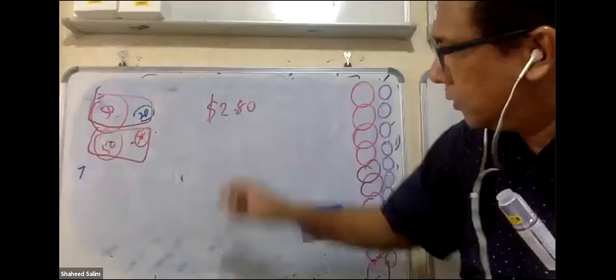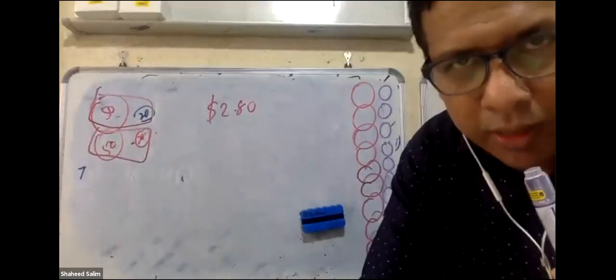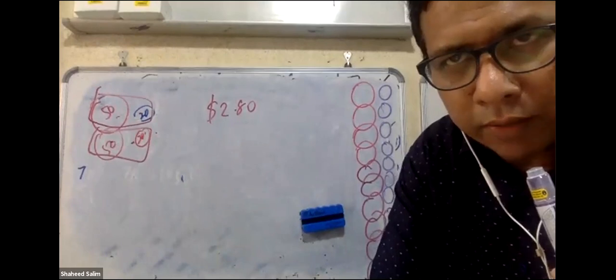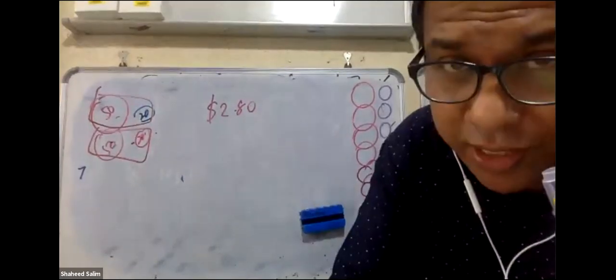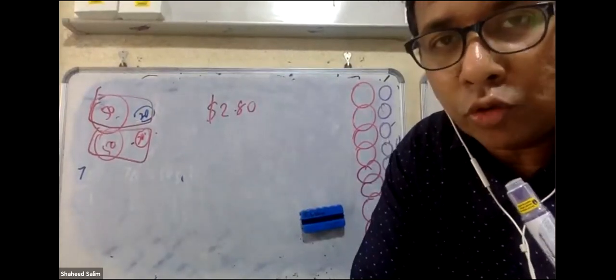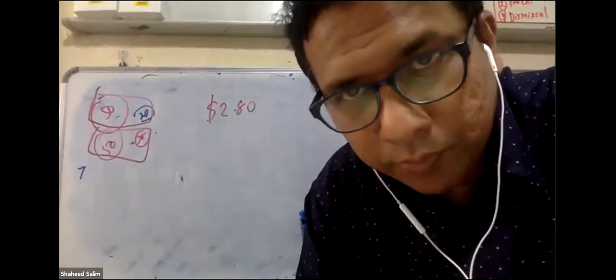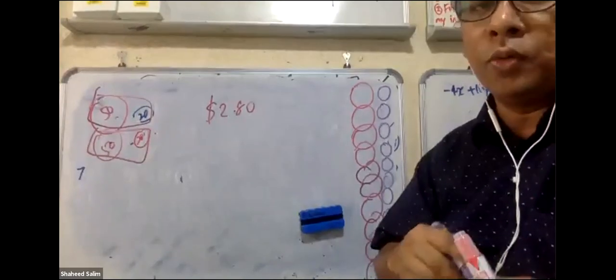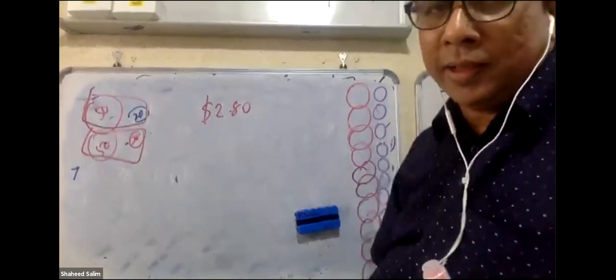For the 280, yes. For 280, how many coins do you get? Do you have 3 50 cents, 2 20 cents? Okay, but the number of 50 cent and 20 cent is the same. If 3 50 cents, 2 20 cents, how much is it? 4 50 cents, 4 20 cents. Good. So altogether, how many coins? 8. Good. Well done. So very simple, huh? Don't worry, okay. Zahira, don't panic.